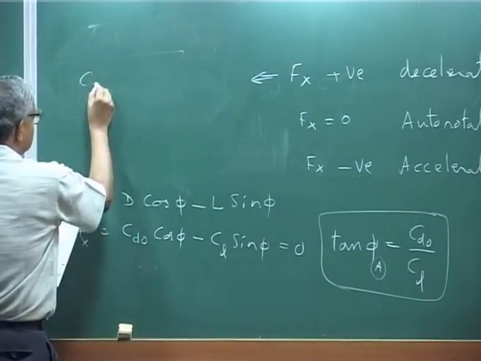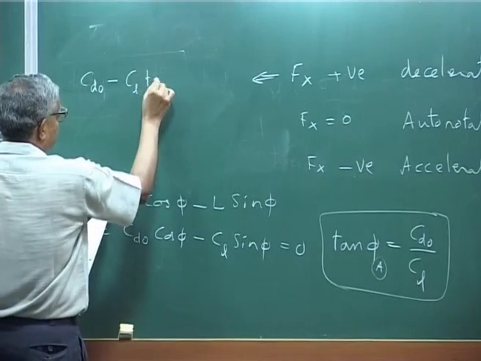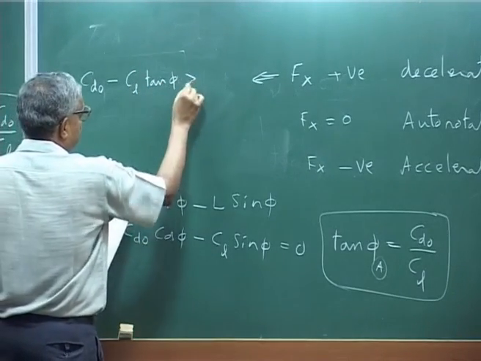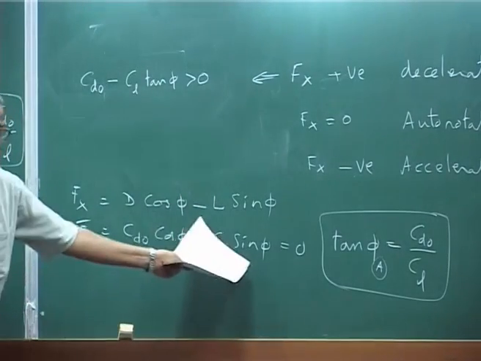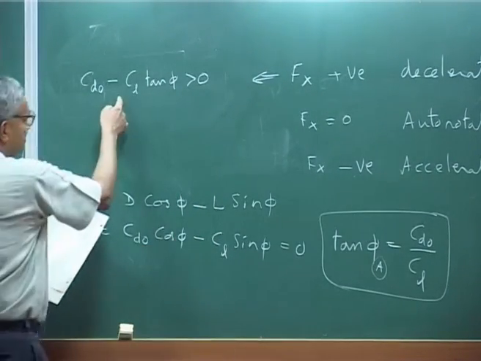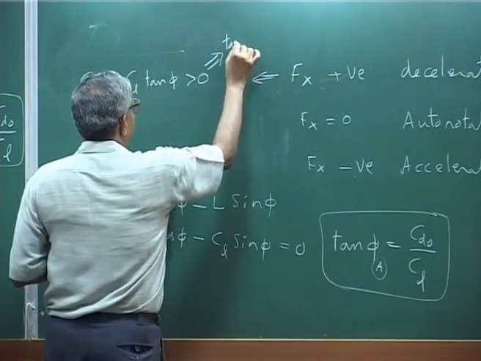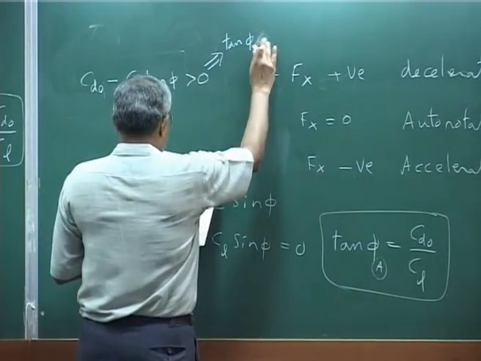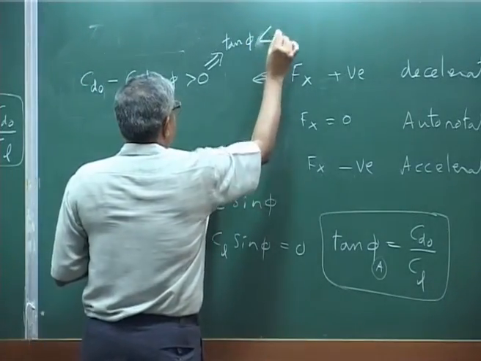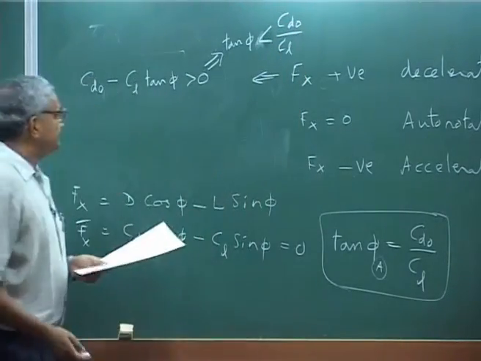This implies CD naught minus CL tan phi is greater than 0, right, because I am just dividing by CD naught. In other words, this is tan phi is less than,